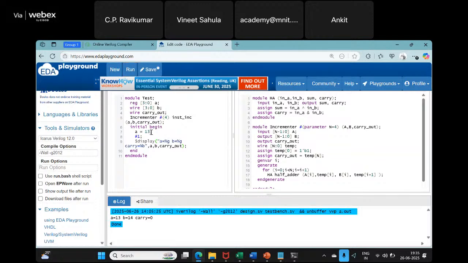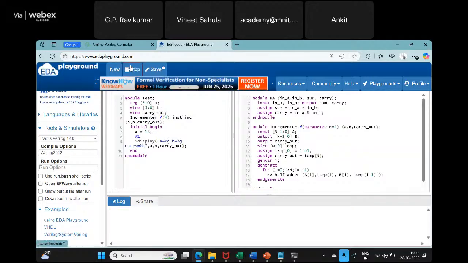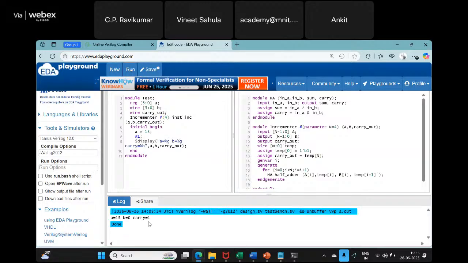Whereas when I make this, let us say 15, see, the carry is 1, right? Now make this, let us say 15, okay? And change this to 15, right? And change